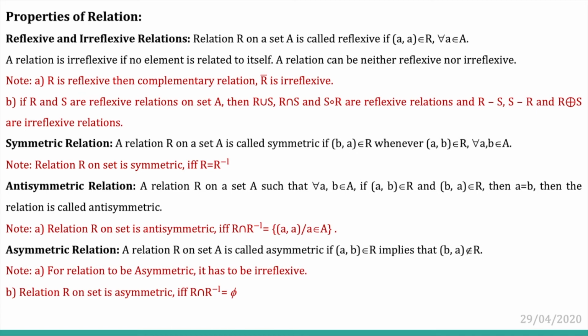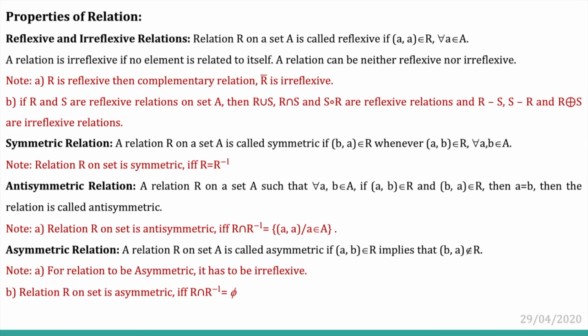Relation R is symmetric if it contains the ordered pair (b, a) for all the ordered pairs (a, b) that exist in relation R. For any symmetric relation, the relation R and its inverse are the same. If relation R contains both the ordered pairs (a, b) and (b, a) only when a equals b and not otherwise, then such a relation is said to be antisymmetric. The intersection of such an antisymmetric relation with its inverse yields a diagonal relation in which each element of set A is related to itself.